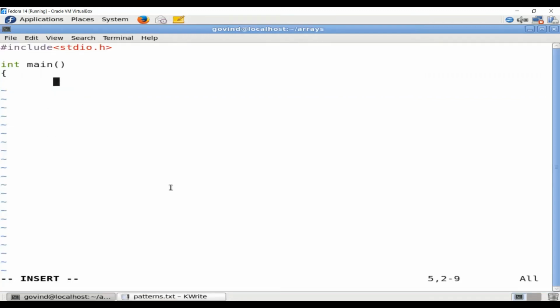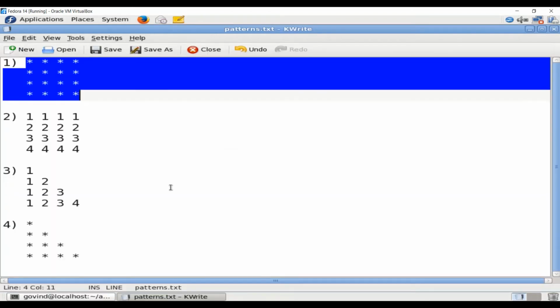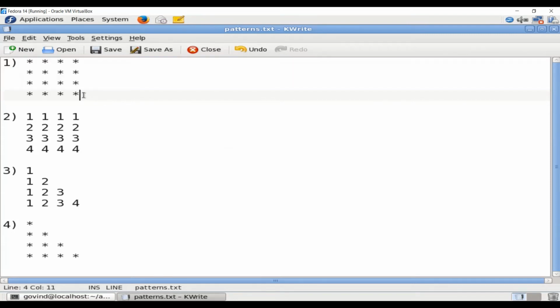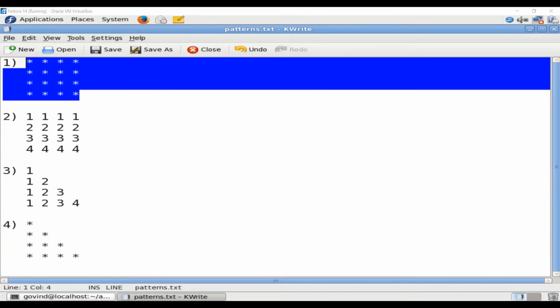I will have to have two loops. So I will take two variables, i for the outer loop and j for the inner loop. Next, since the program is a static program, what do I mean by static program? The output produced by this program is fixed.